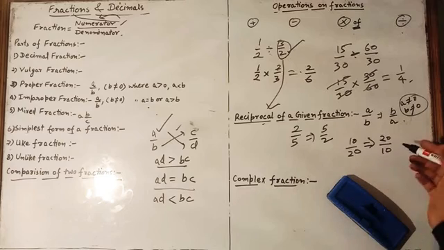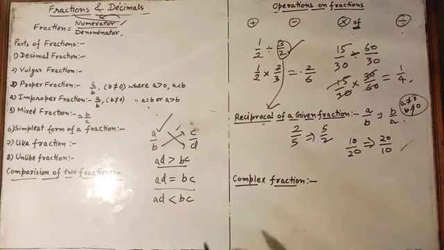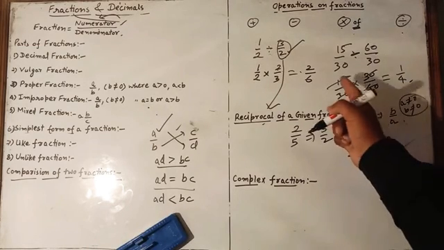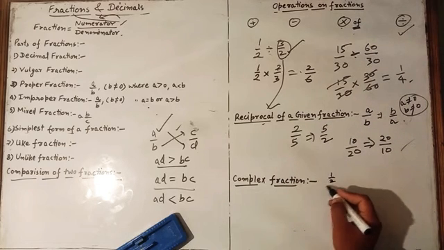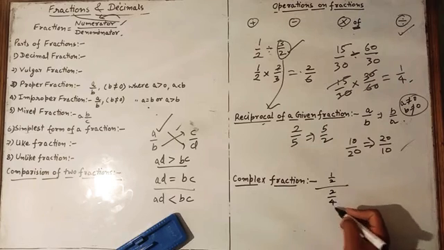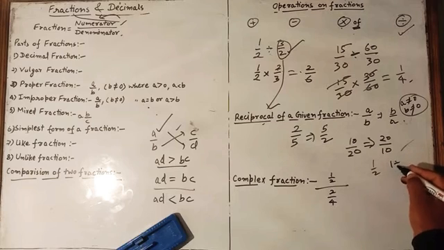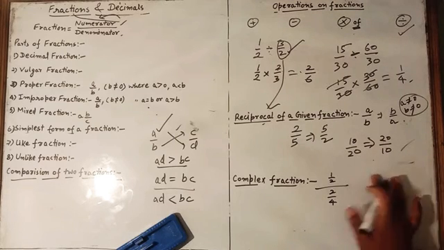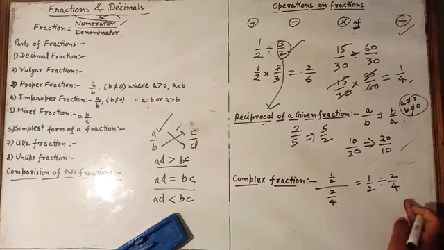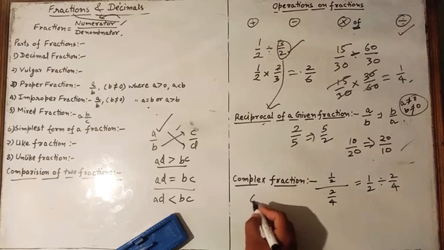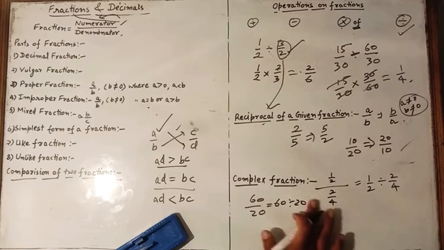Now come to reciprocal, as I told, that is the same opposite of that: 2 by 5, then 5 by 2. Now complex fractions. A complex fraction is none other than this divide. See how, if it is written 1 upon 2 divided by 2 upon 4. Now see what this means: if I am writing 1 by 2, it means 1 divided by 2. Same. Now here we can write it as 1 by 2 divided by 2 by 4. Is it? Because in a fraction, if it is written 60 upon 2, it means the same 60 divided by 2. So we can write it in this form also.